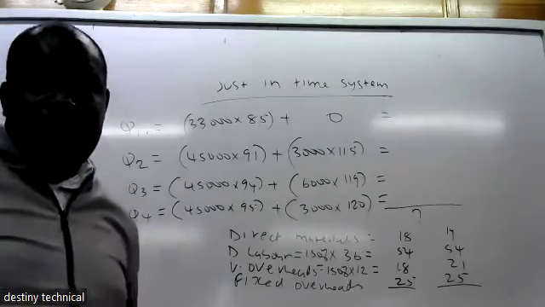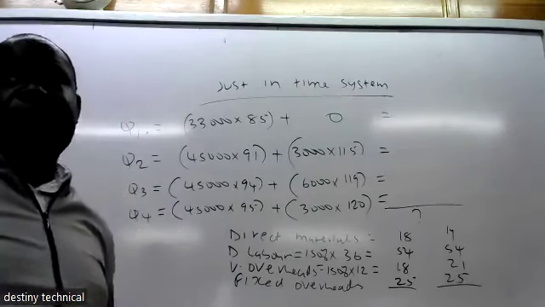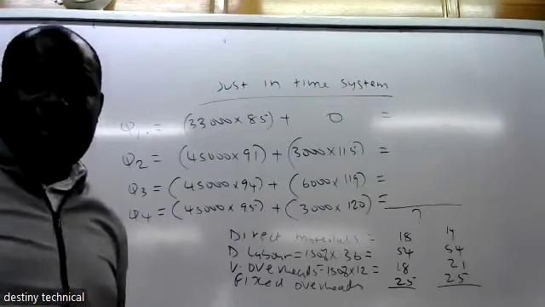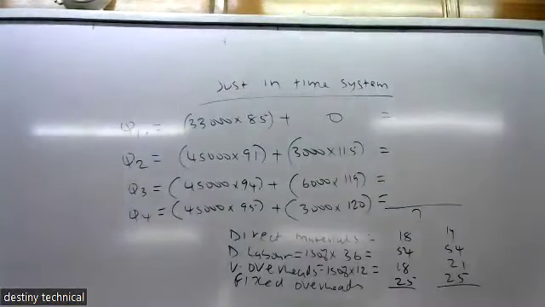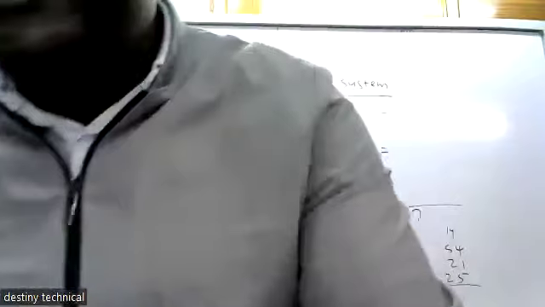So I want you to compare the two. We shall pick the lowest under the current system and the one for the just in time. The current has a lot. So the advice would be that we should not change to the just in time system, because the question was asking you to advise whether the just in time system should be adopted. So we should not change to the just in time system